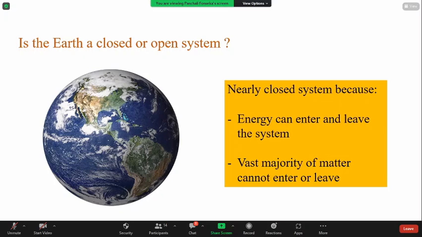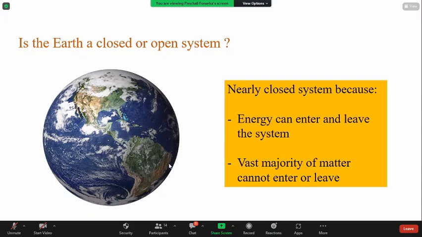And the second point is, the vast majority of matter cannot enter or leave, but a tiny amount of matter can exchange. For example, comets and meteorites are coming in, and hydrogen and helium are going out. So therefore, we consider Earth as a closed system,